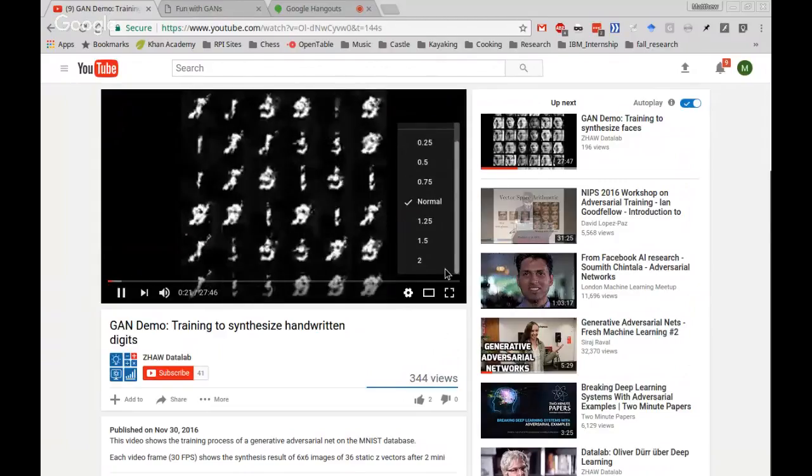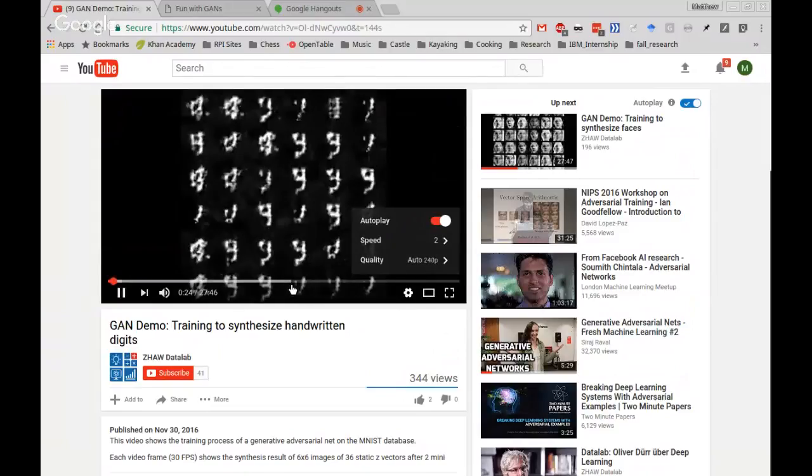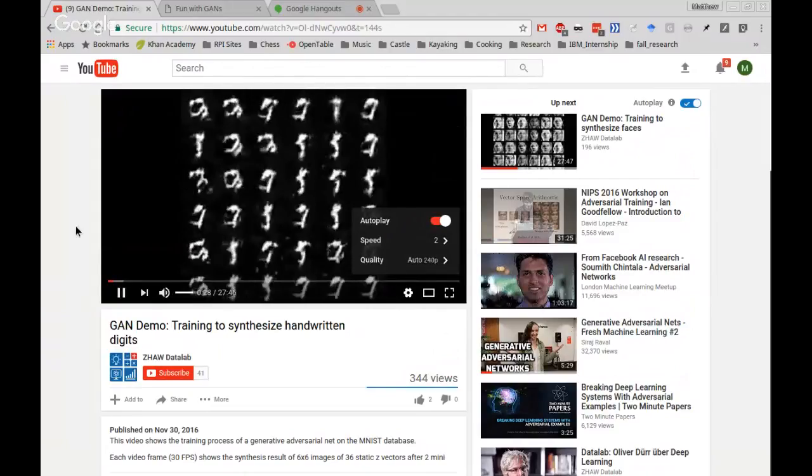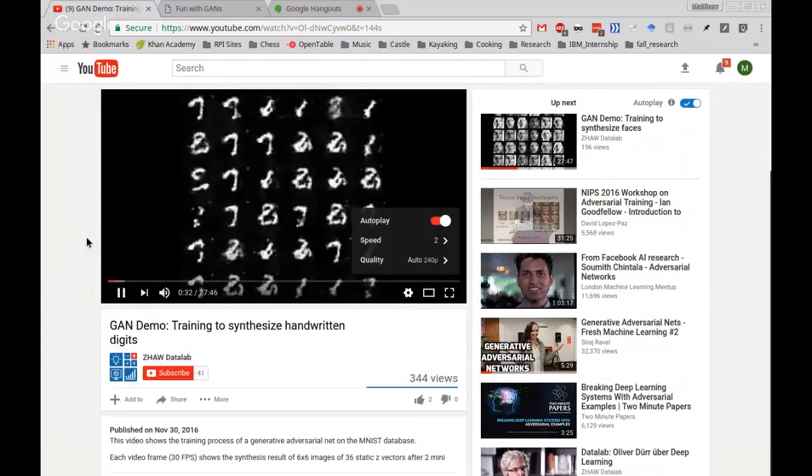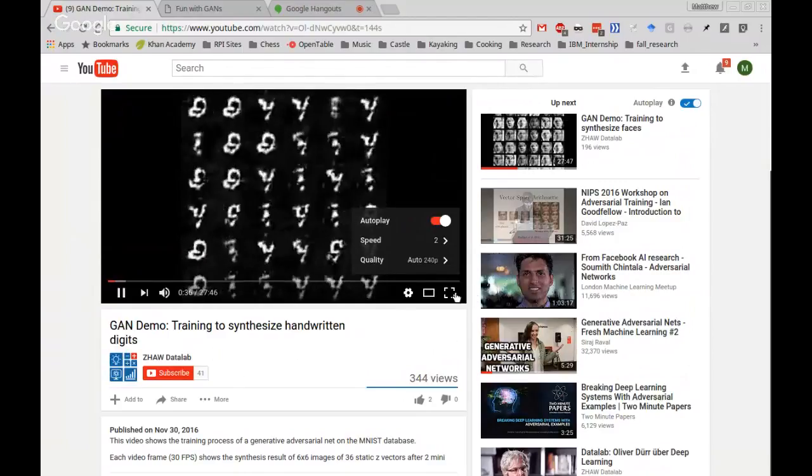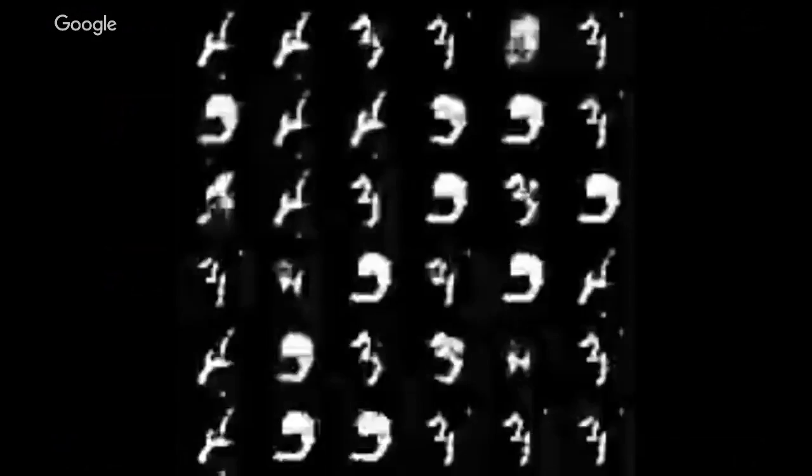Because we don't want to watch 27 minutes of it trying to learn how to draw a 7. So yeah, again, starting out, it kind of looks like random noise, right? Because that's the vector that it's getting, and your network is probably initialized randomly to produce these outputs. But then as the generator trains, you start to see it really differentiate between numbers, be able to generate different numbers,